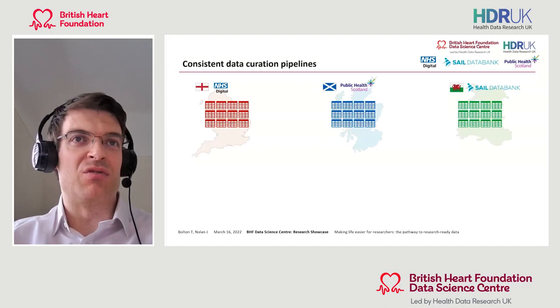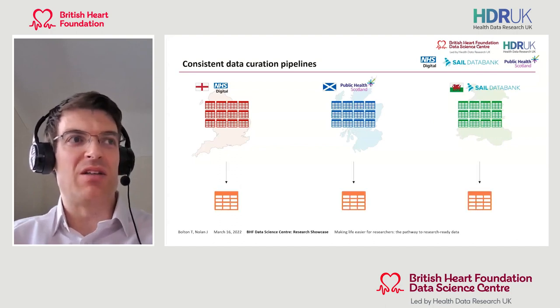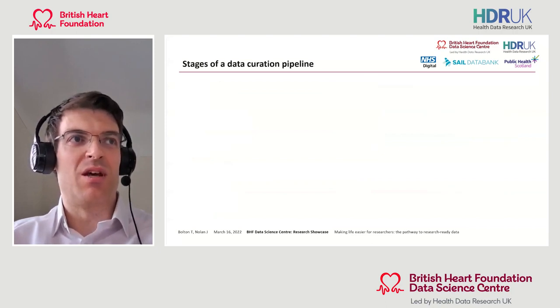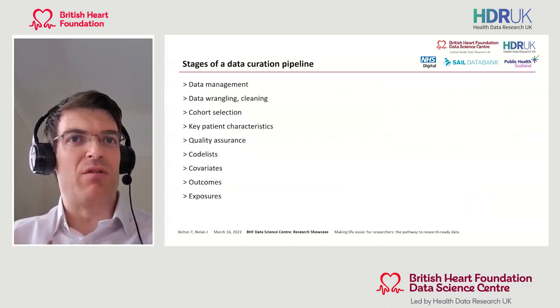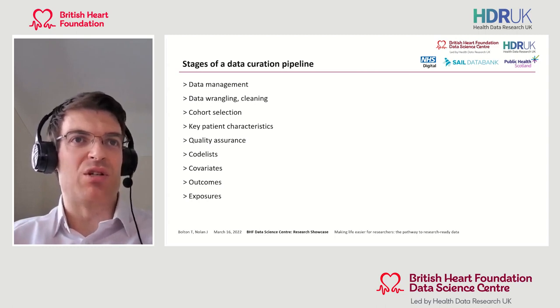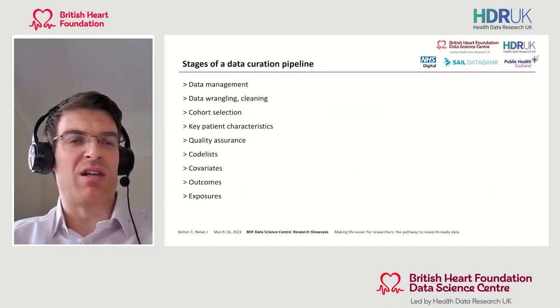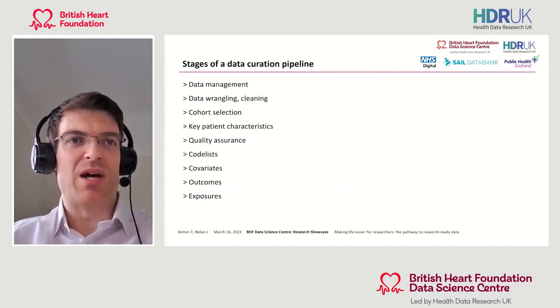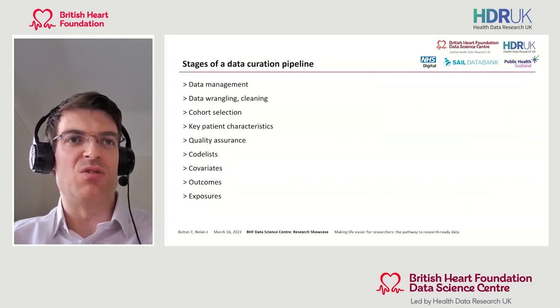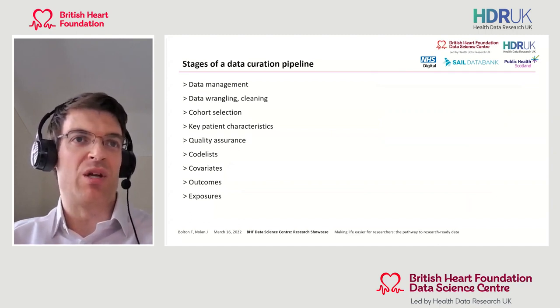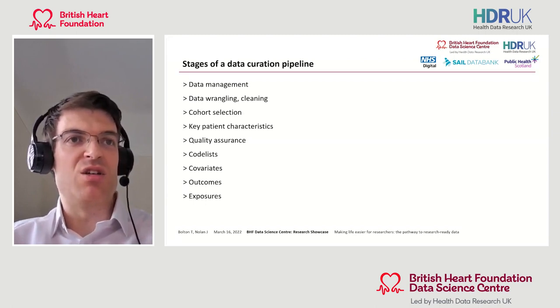Working across the three trusted research environments where the underlying data differs, the aim is to make the data curation pipelines as similar as possible to produce consistent research-ready datasets to allow the same or almost the same analytical code to be run on each dataset. Broadly speaking, a data curation pipeline might have the following stages: initial data management, wrangling and cleaning to produce created snapshots of raw data, cohort selection, applying inclusion-exclusion criteria, extracting key patient characteristics such as age, sex, ethnicity using multiple harmonized data sources, performing quality assurance to remove erroneous or suspect records, creating code lists, and using these to create